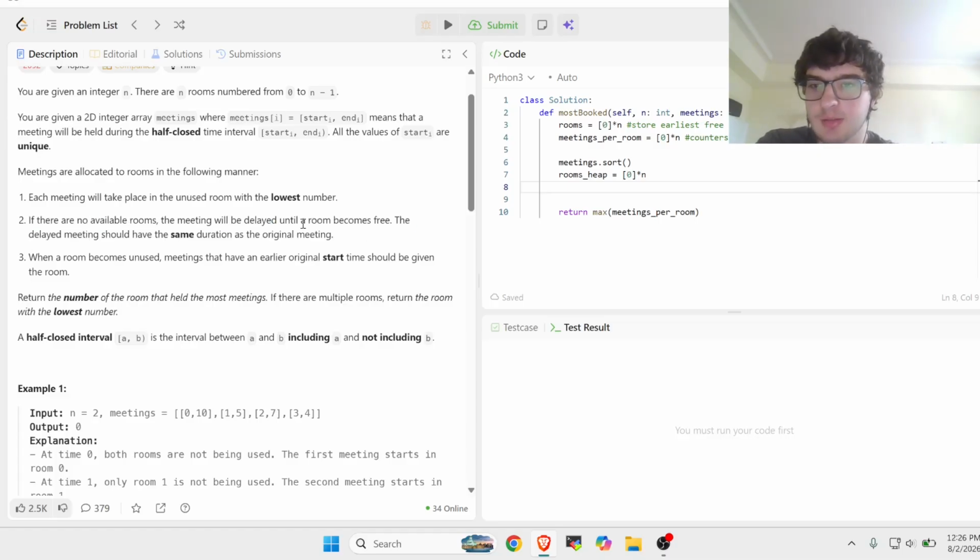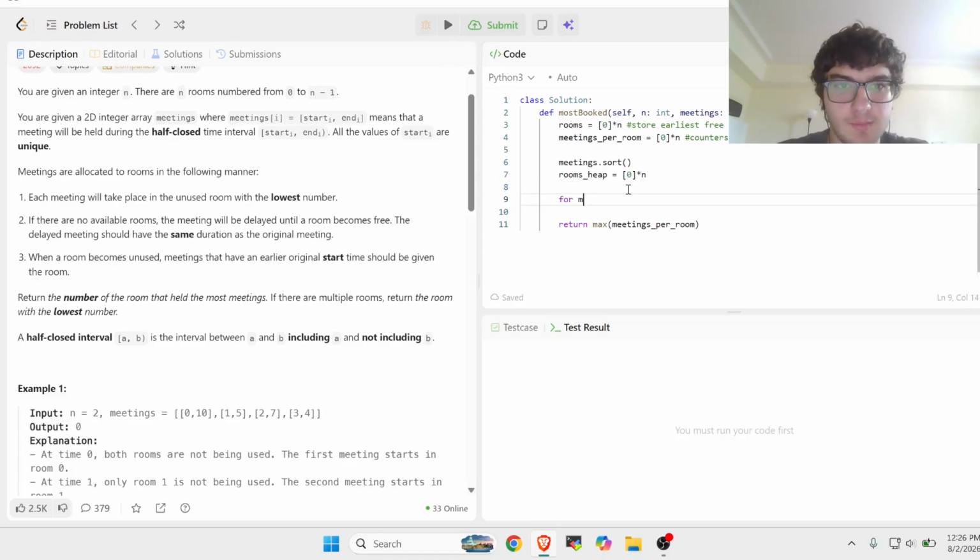I don't think so. So I'm thinking if we process them in order, right? This one will have a room, this one will have a room, this one won't have a room, so we can just wait. We can just pause until a room frees up, and then we put it, and then we keep iterating. Okay. So yeah, for meeting in meetings,